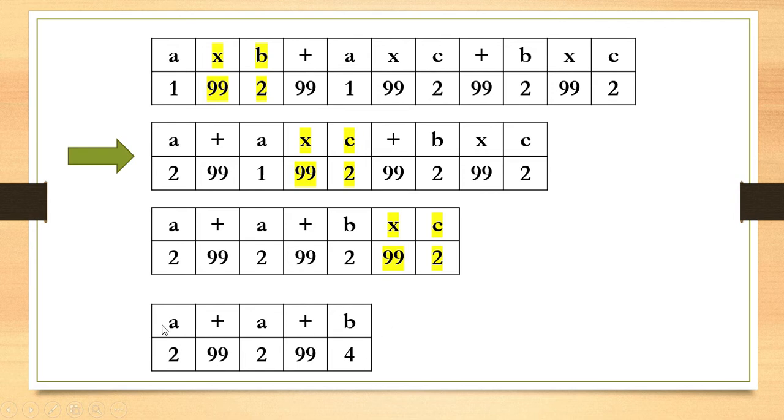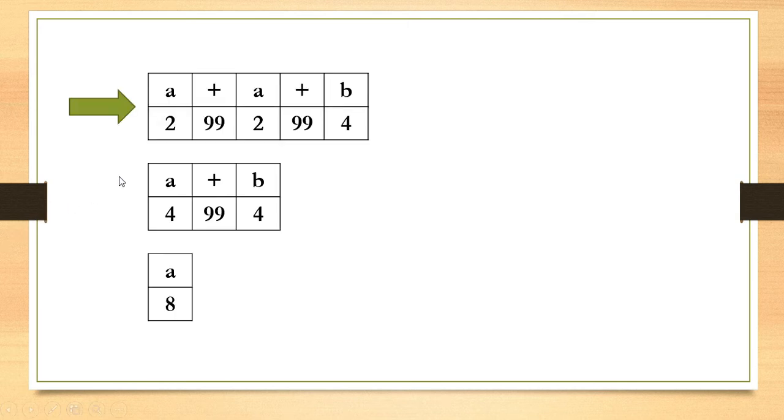Now we will send this 2 array, this equation and equation with value. We will send this 2 array to another function where addition and subtraction will be performed. So let's see. Here we can see that we have only additions here, so we will perform the addition operation